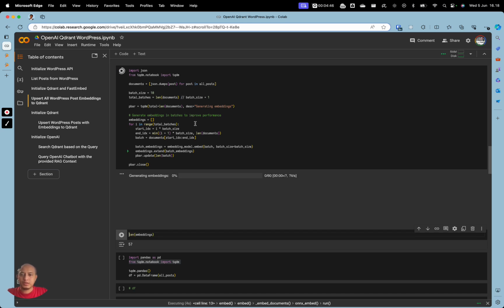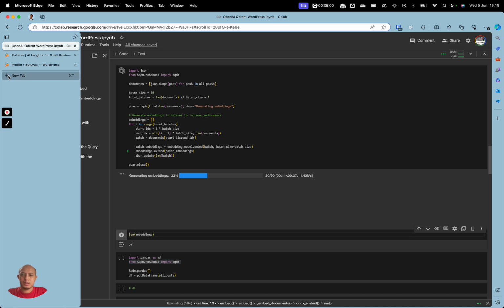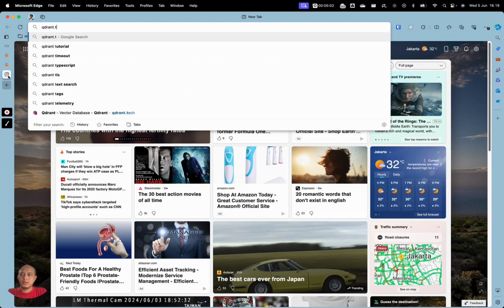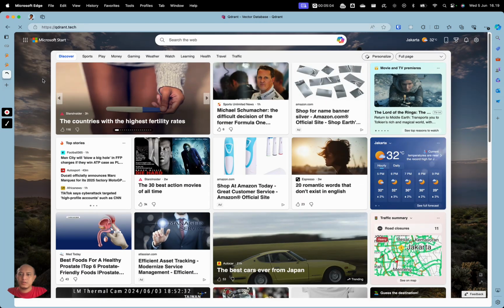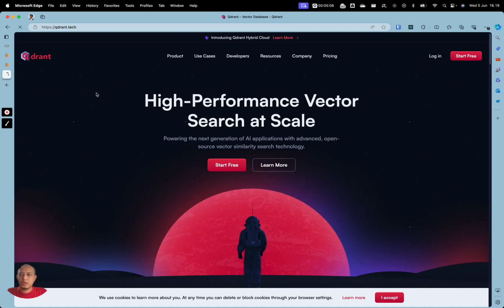If you have a lot of documents, this will take some time. Okay, while you do that, you can see the website of Qdrant.